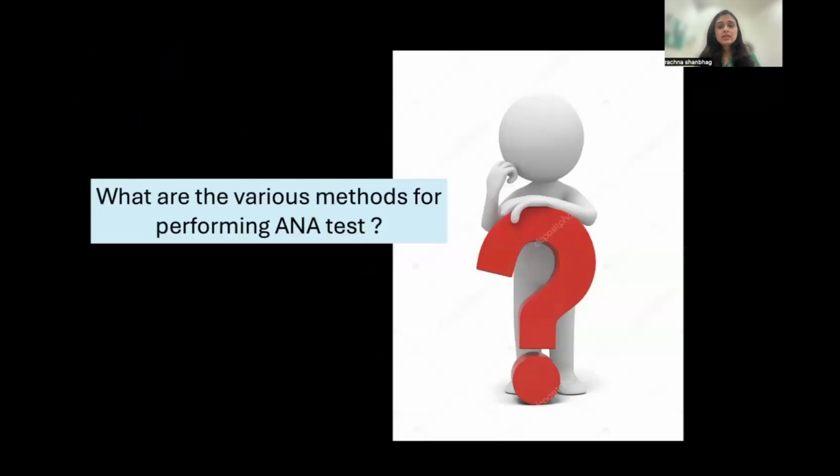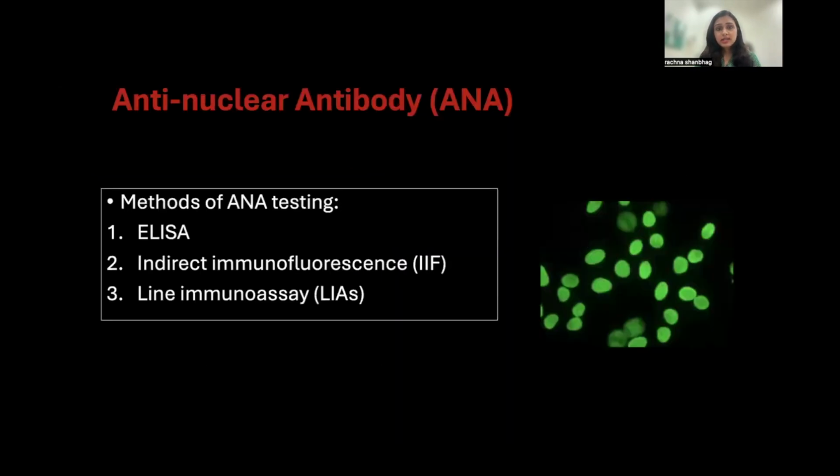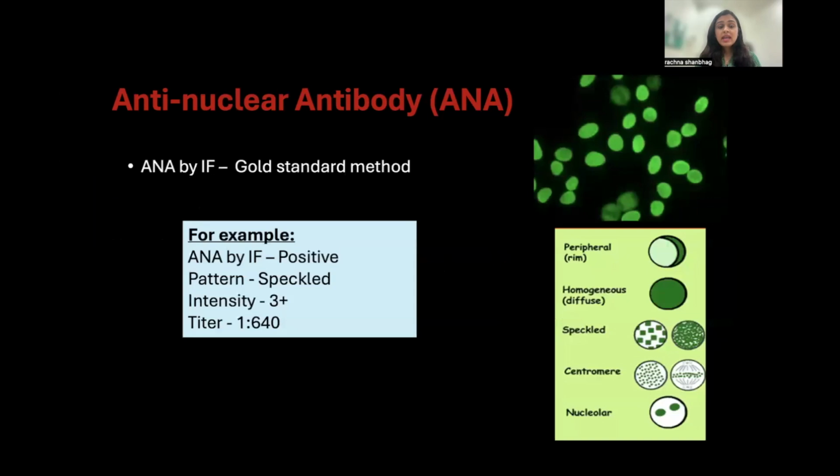So, what are the various methods by which an ANA test can be performed? There are 3 methods used for ANA testing, and this includes ELISA, indirect immunofluorescence, and line immunoassay. However, ANA by immunofluorescence is the gold standard method, and a usual report of ANA by immunofluorescence tells us whether